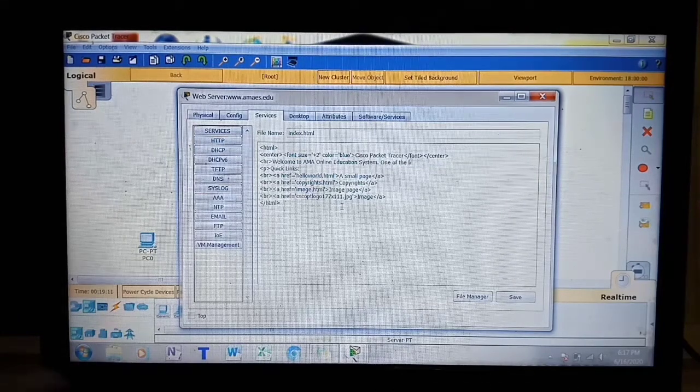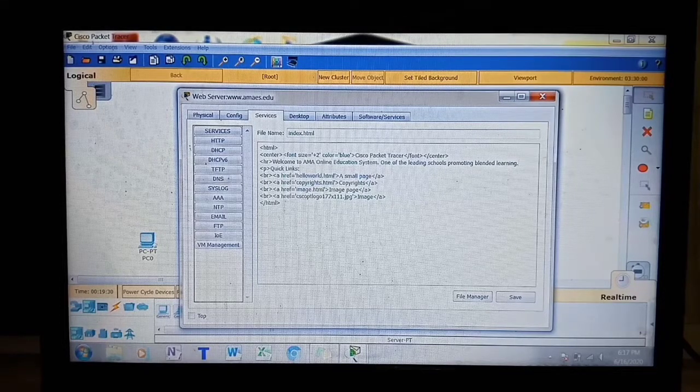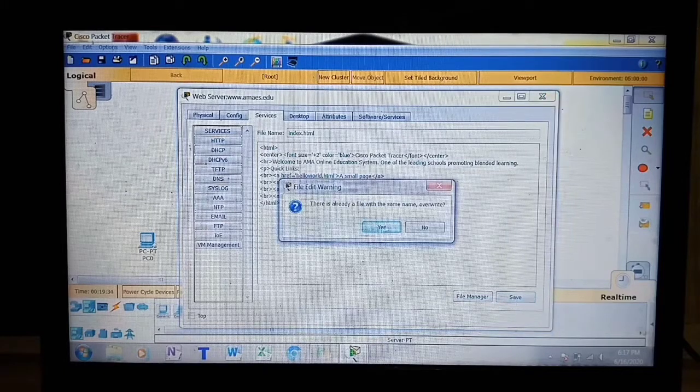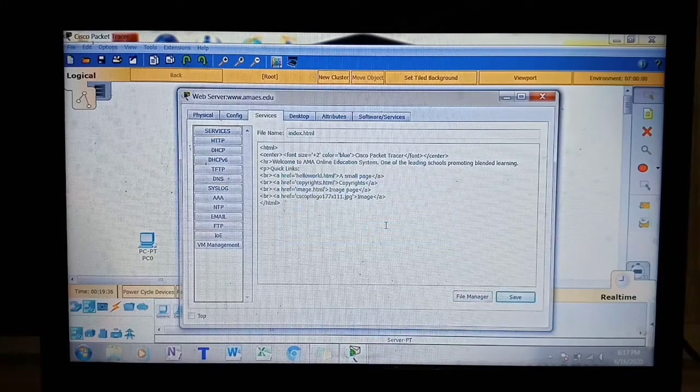So according to the instructions, we can add more sentences into it for the description. So let's save it,